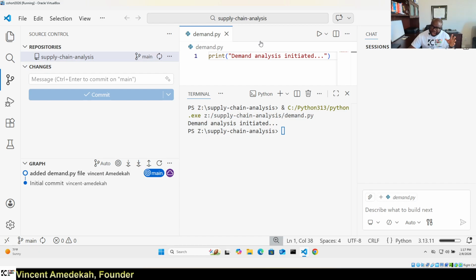Also we went to GitHub, created a repository, and then came back to Visual Studio and pulled down that repository using the clone method. Once we pulled it down, we created one file, demand.py, in that repository, and then we committed the changes that we have locally and pushed them into GitHub, and we are able to see